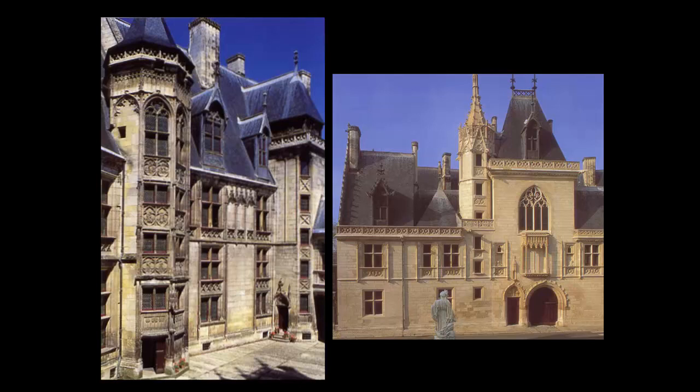And so one of these newly wealthy was a man by the name of Jacques Coeur. Coeur was a businessman. He was a financier. He was a capitalist. He was involved in shipping and trade and lots of different kinds of businesses all throughout Europe. And he had traveled. But he was not a nobleman. And so he was sort of the leader of this new group of nouveau riche.